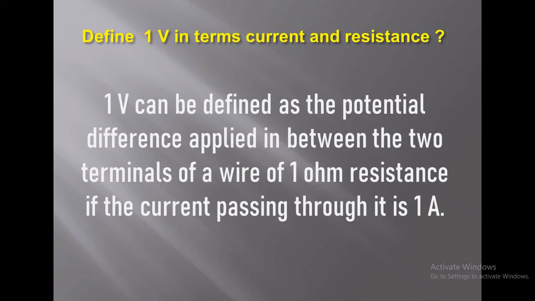What are the factors? You already know: length, area of cross section, characteristics of the material and temperature. So what are the factors affecting resistance of a wire? Characteristics of the material. That means for different materials they have different resistance. Then length of the wire. When length increasing, resistance will increase. Then third one is area of cross section. When area of cross section increasing, resistance will decrease. Then the temperature. These are the factors.